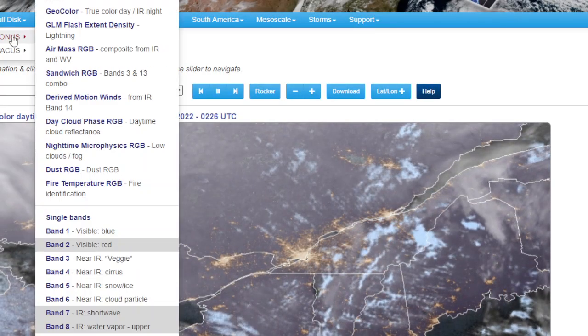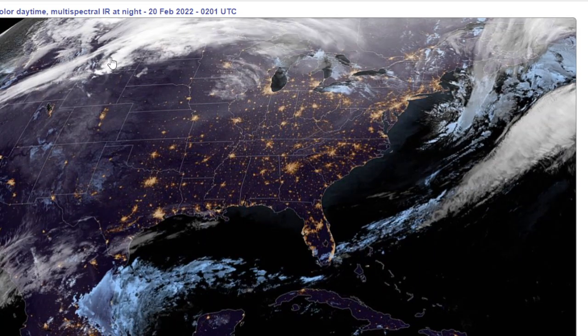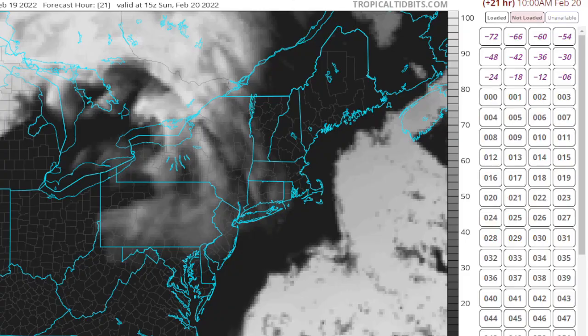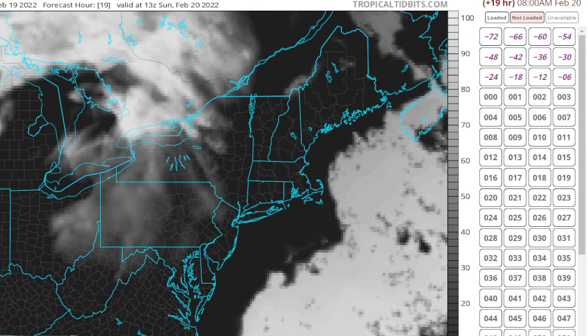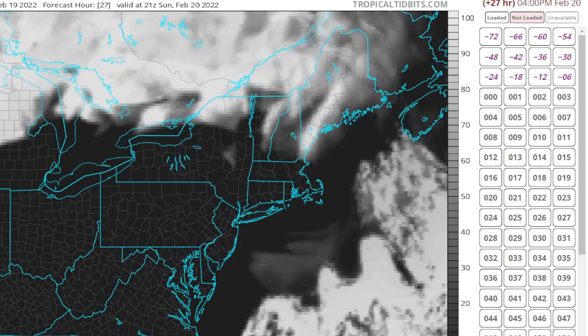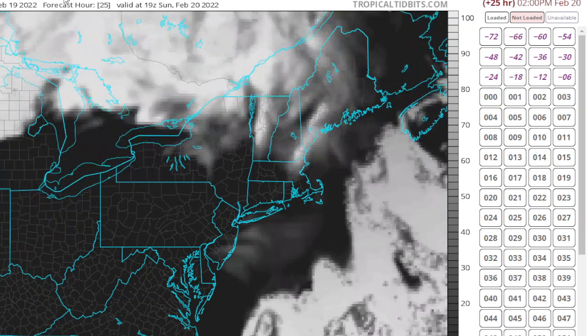Actually, we'll go to the CONUS view. Probably because we have a zonal jet stream. Yeah, that's what's going on. It's being spit out from this next system up here. Somewhat zonal jet stream. That's why the cold air isn't going to stay. It's only going to be with us tomorrow, and then it lifts on out. As far as Monday, looks like it might be a better day, less in the way of cirrus maybe, but